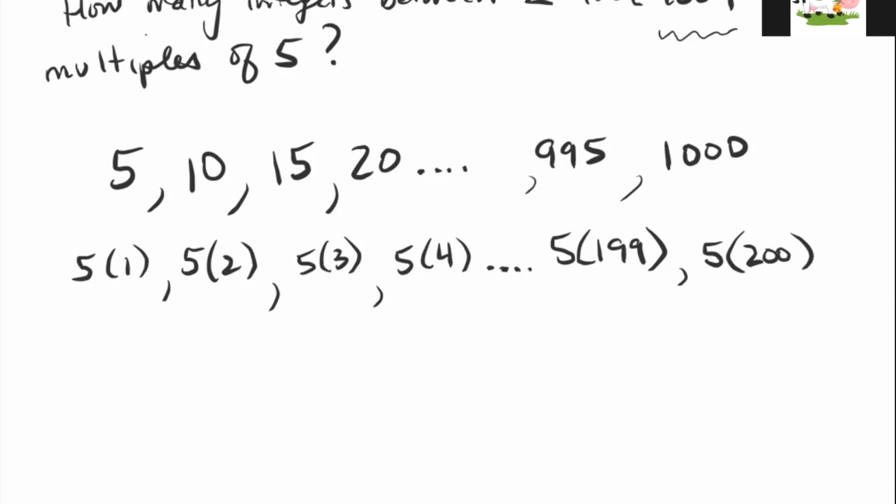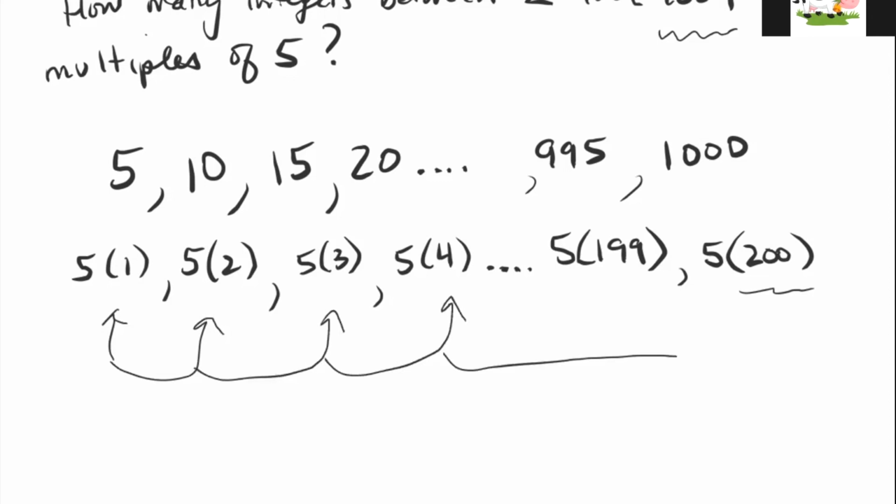So Emma and Yukai, how has this helped us? Because then we could just look at the last one, how many multiples it is. We could just look at this last number here. You say, well, that's 5 times 200. Because if we're counting from 1, 1, 2, 3, 4, we're counting all the way up to 200. It means we must have 200 multiples of 5. There are 200 multiples of 5